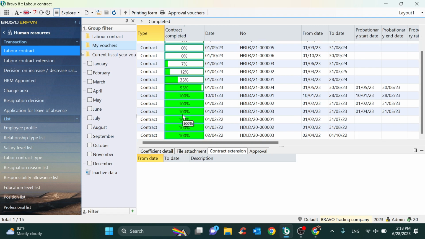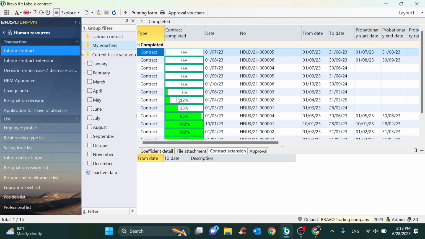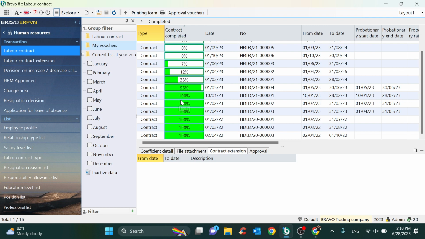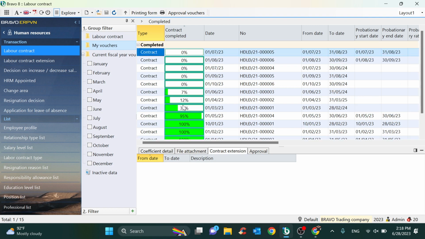For example, we can group by this month, and maybe next month. So based on the group information, the software will support some kind of report to remind about contracts that are nearly to expire. So users can run this report and